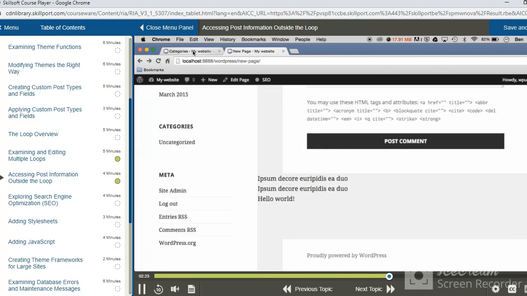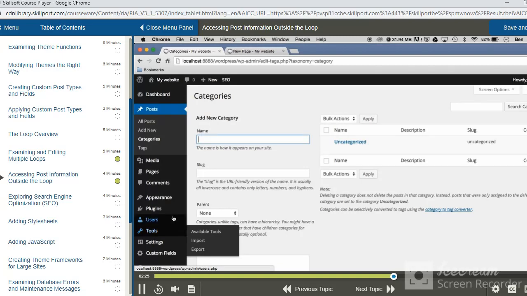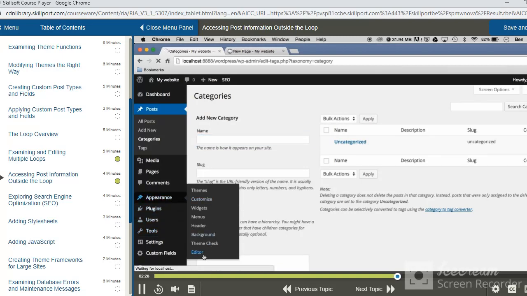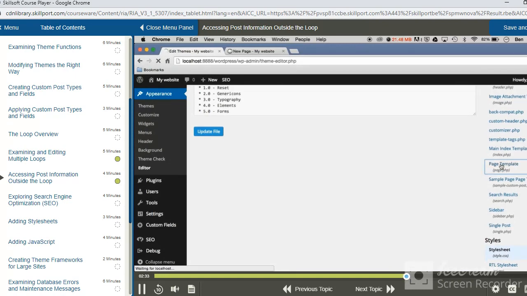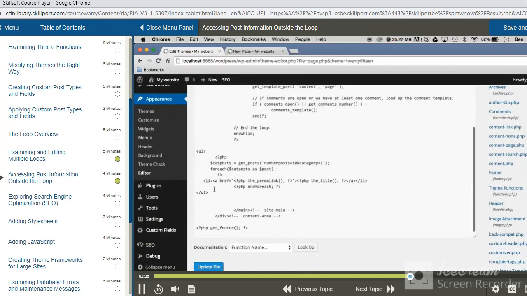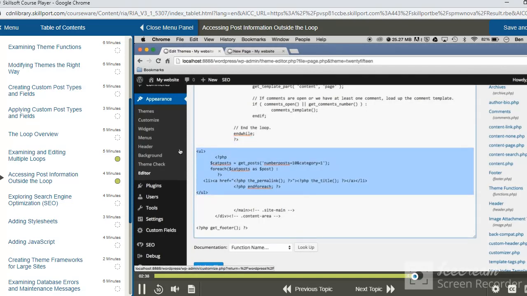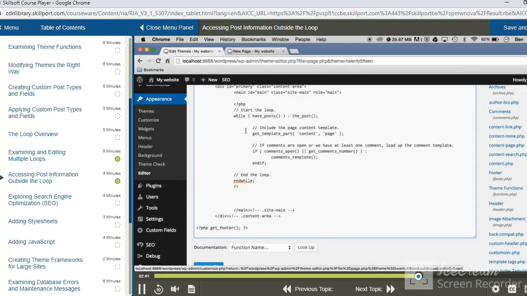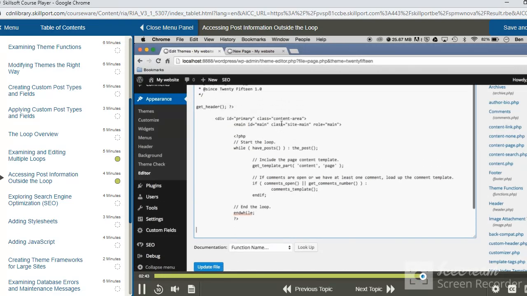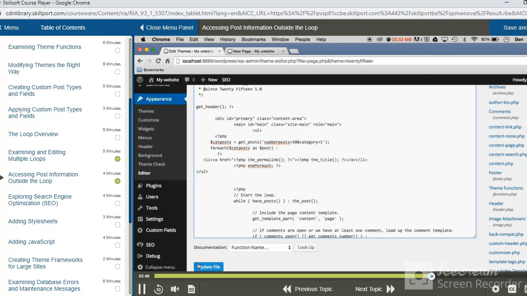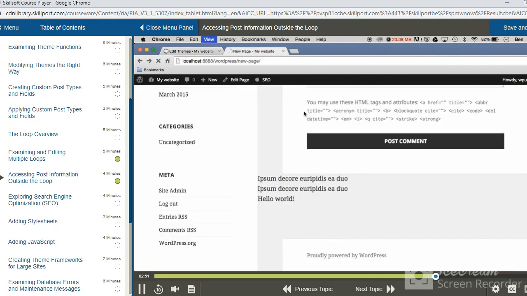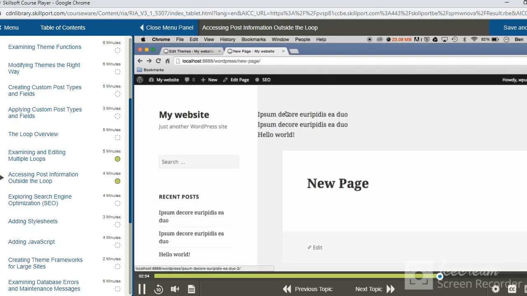Now we can obviously do quite a bit here. Right now I have this outside of my normal post area, so if I go back to Appearance, Editor, go down to page.php, I can then take this and move it up within my main content area. So we can see start the loop. Let me go ahead and add it just within main. Update my file. If I refresh this page, we're going to see it's now above everything. So if I wanted to display on the particular page,